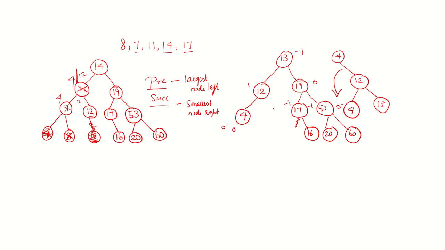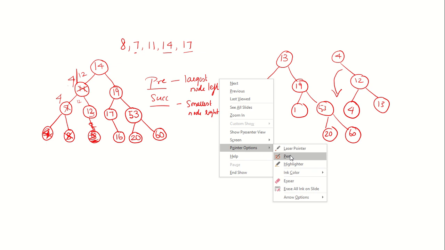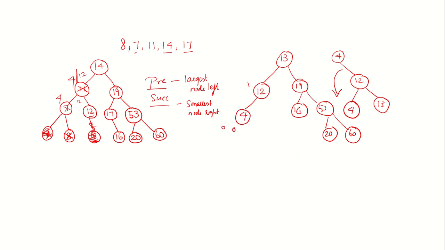The next one we want to delete is 17. 17 has only one child, so directly replace 17 with 16. So here it will be 16. Okay, so I'm going to delete the balance factor because I want to calculate again. So we deleted 17, so it will be replaced with 16 because it has only one child.